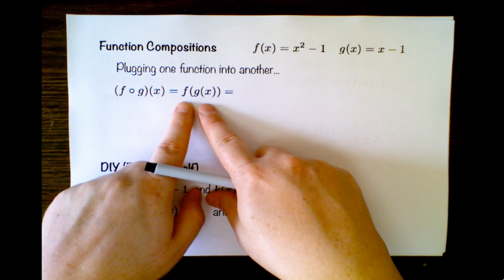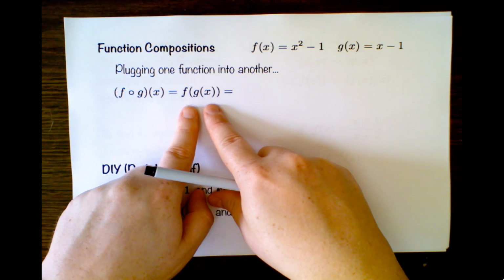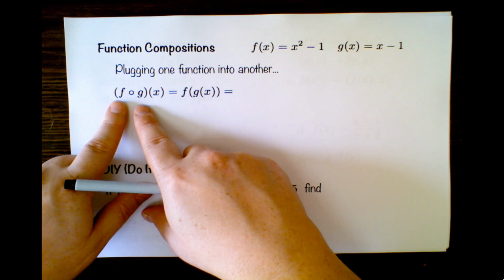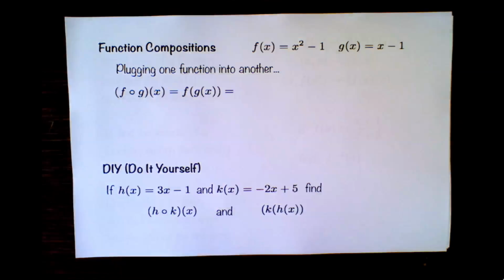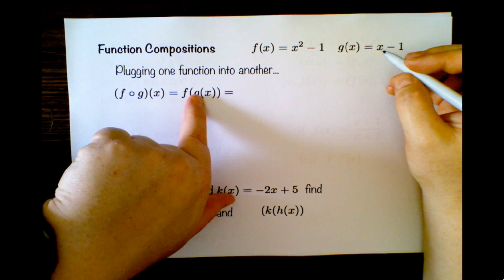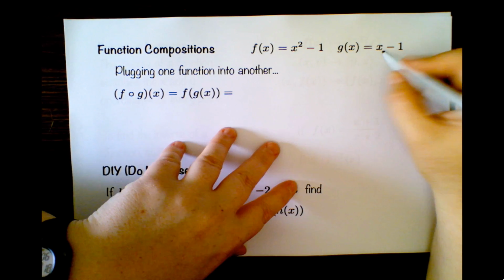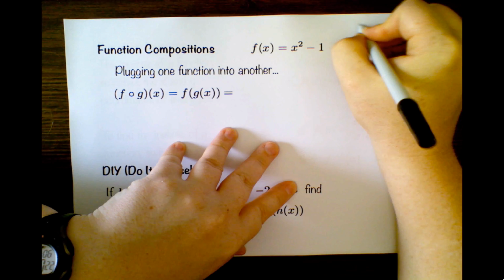And that kind of makes a little bit more sense when you write it this way: f of g of x. I find this notation much clearer. So if I get a problem that looks like this, I will usually rewrite it like this. So let's see what that means. g of x is inside f, so I have to take g of x and plug it in